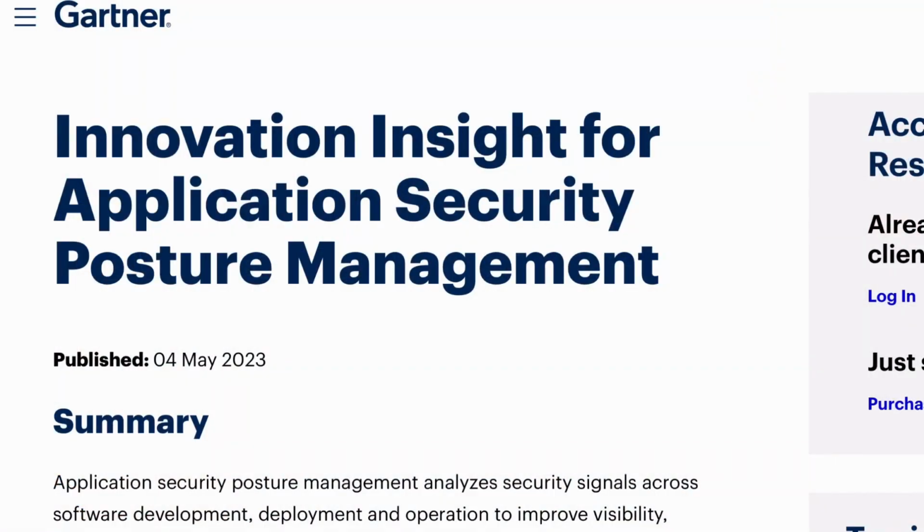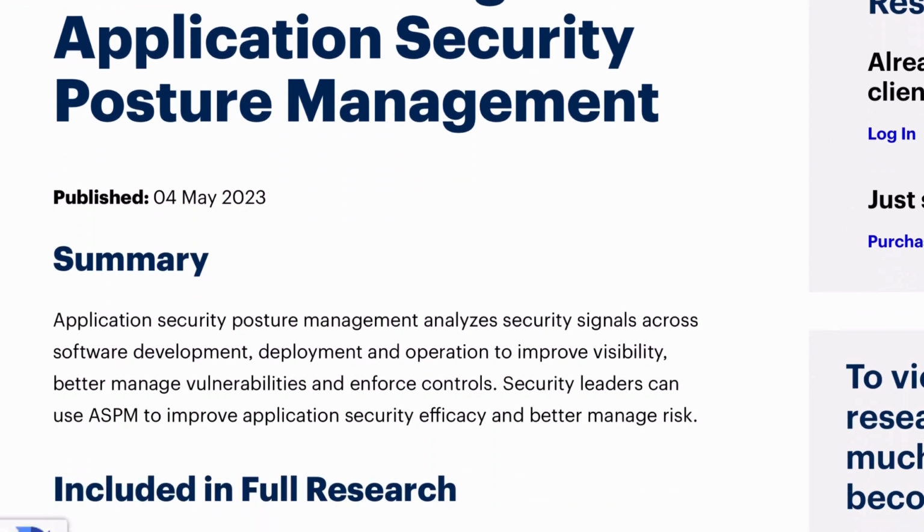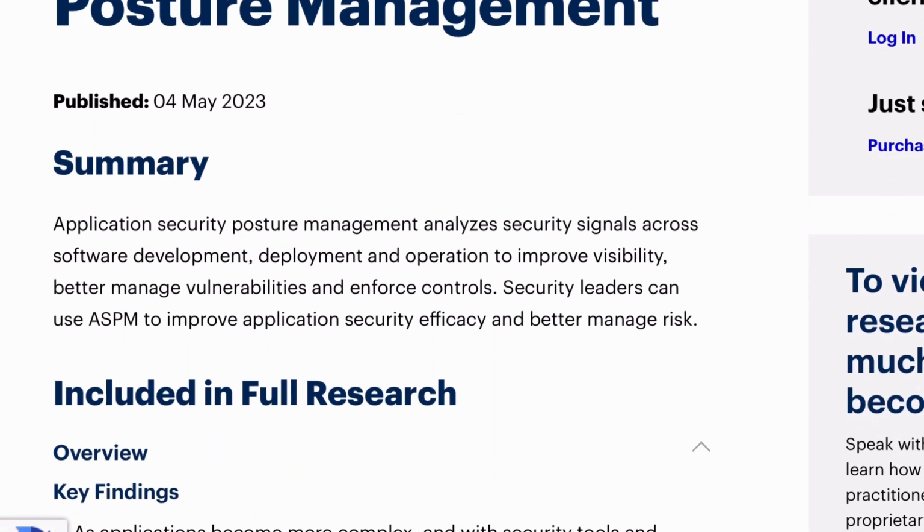Today's topic is about a fairly new category that Gartner has come out with. They've labeled it Application Security Posture Management. I actually want to show you this on the Gartner website. They released in May an Innovation Insight report for this new category. I'm going to call it ASPM for short. And it's basically a DevOps related